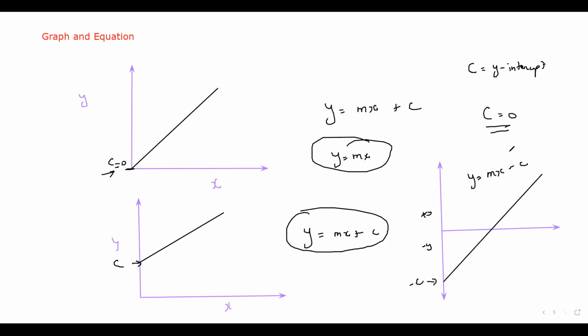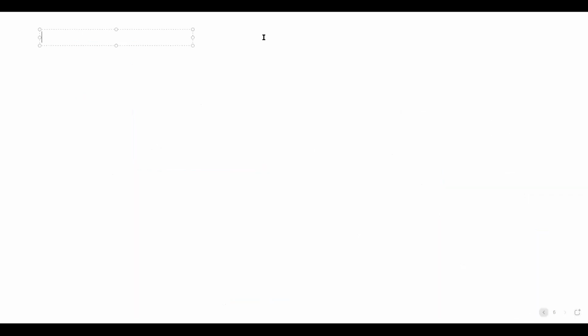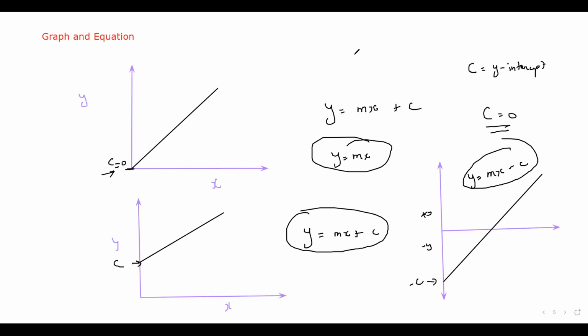So why are these equations important? Because using this equation, you can recognize or identify the type of the graph. How can you identify the type of the graph? In this example, m is the gradient of the graph, where m is equal to the gradient or slope of this graph. So for example, if the gradient is constant